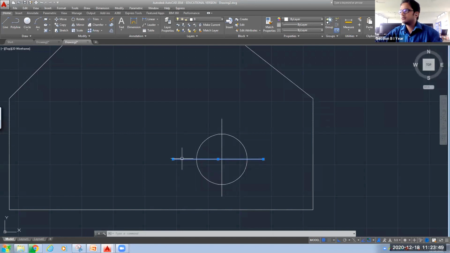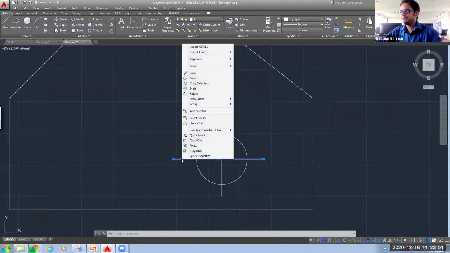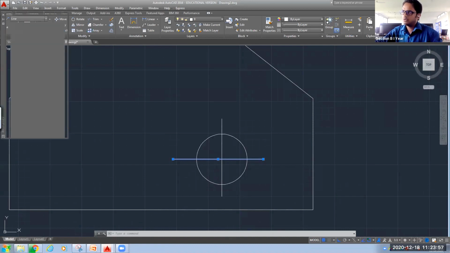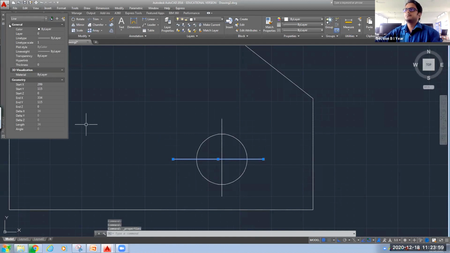So select the line, right click it. You can see the option at the bottom is your properties. Okay, so click on the properties. You can see here all the properties are visible. Suppose starting with the color, and there are many things. Okay, but see the line type, it is showing by layer, and I want to change it to center line.